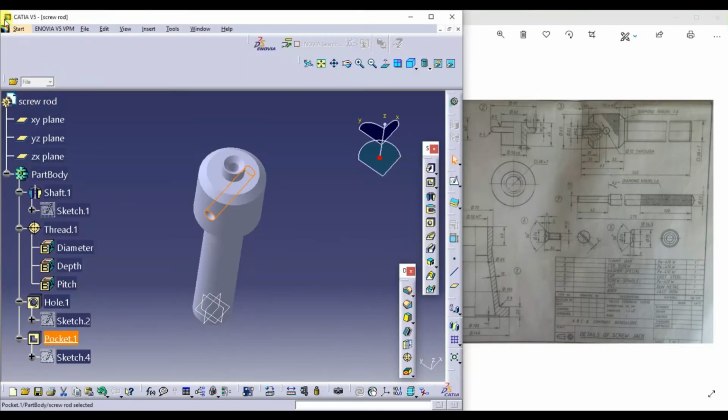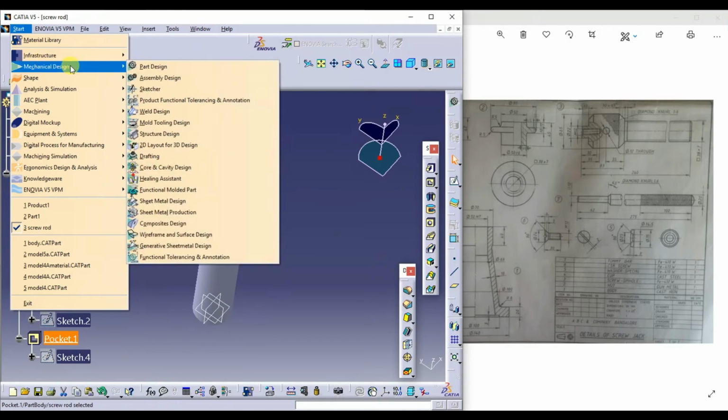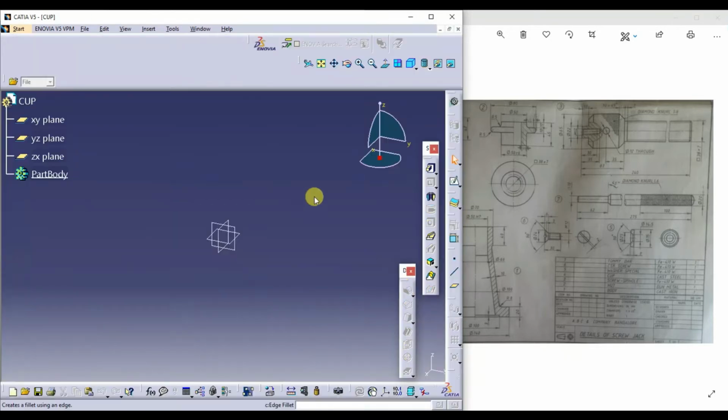Open CATIA, go to mechanical design. Under mechanical design, part design, I'll name it as cup. I'll select a plane, this plane, the YZ plane.